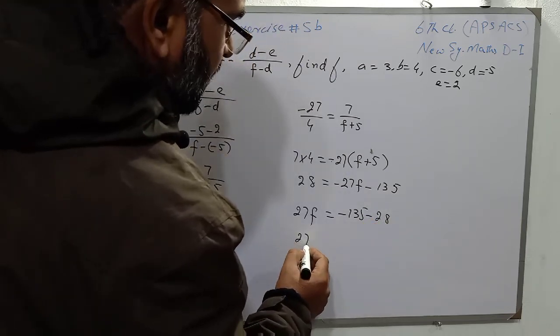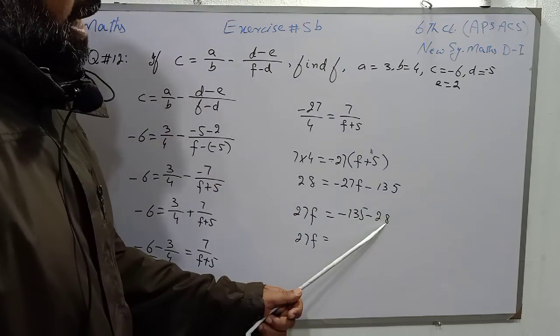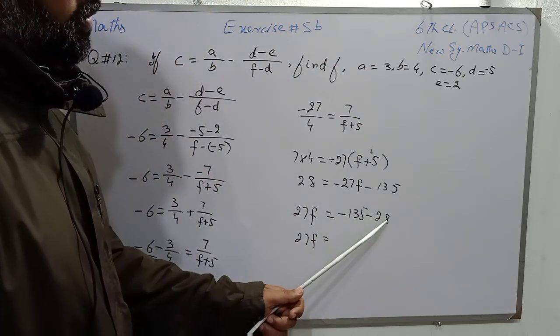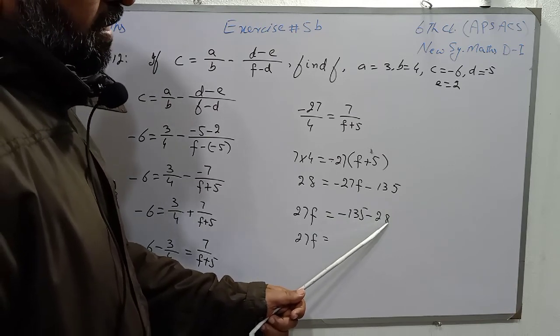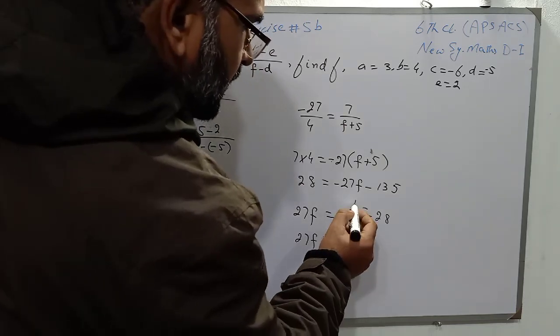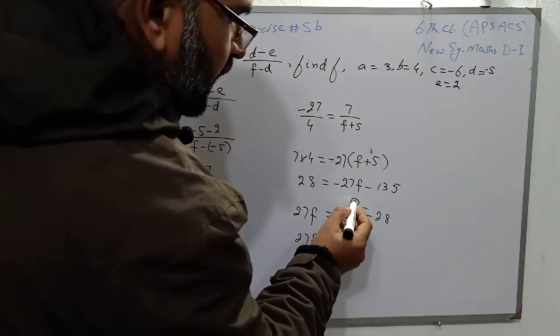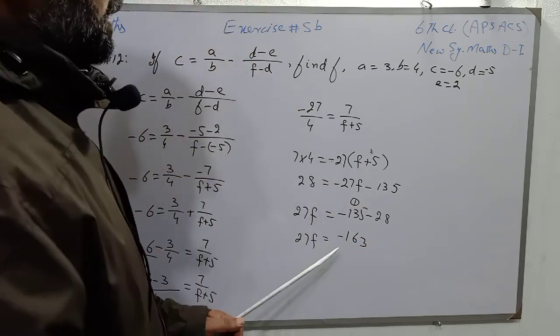There are two numbers on the right side, both have the same sign, so we will sum up both the numbers. So students, 8 plus 5 means 13, 1 carry, 2 plus 3 is 5 and 1 carry is 6 and it will become minus